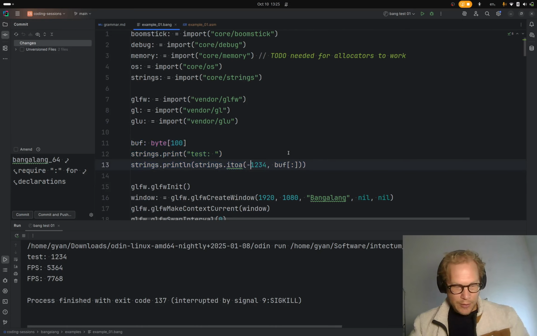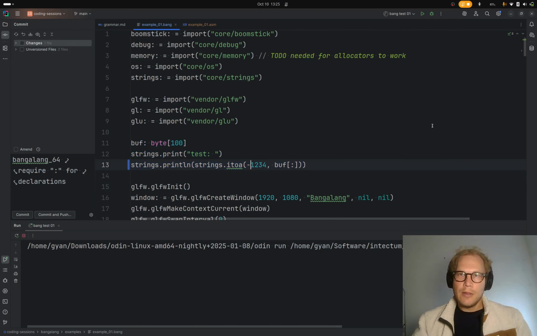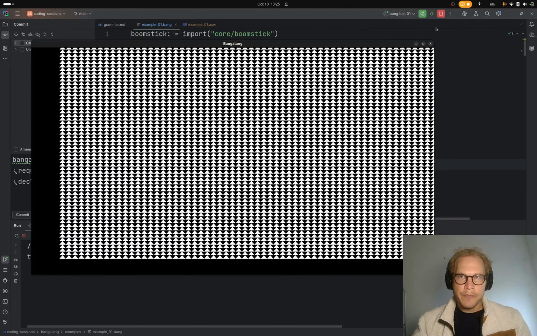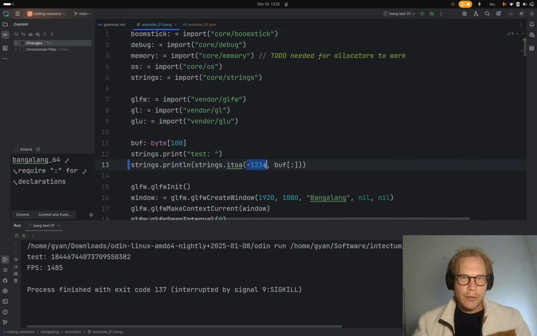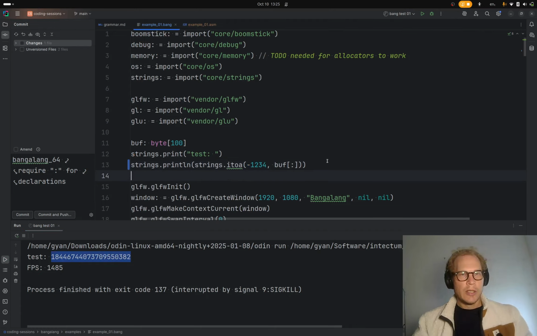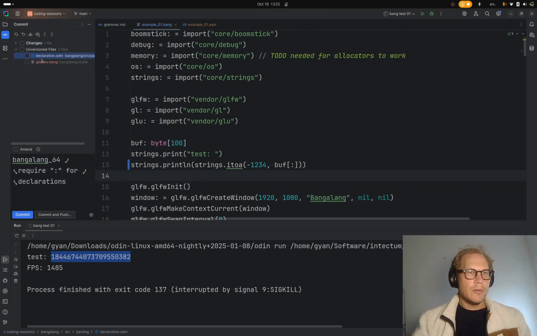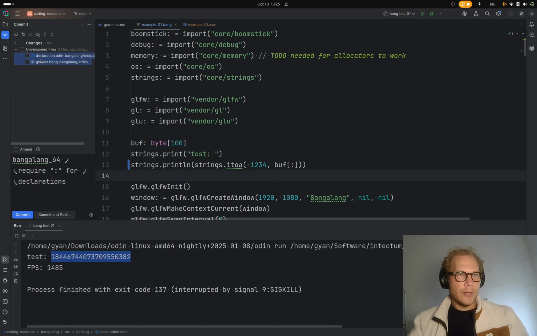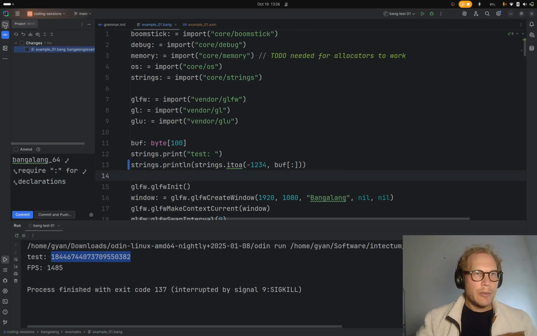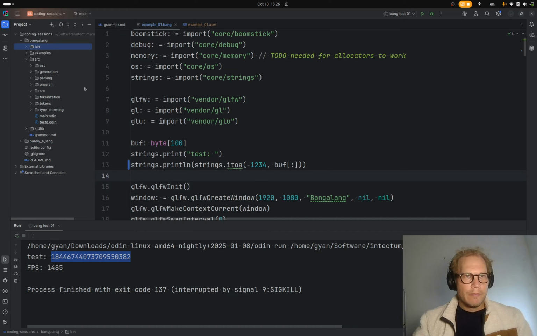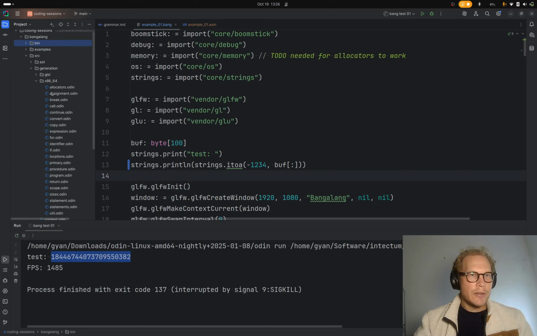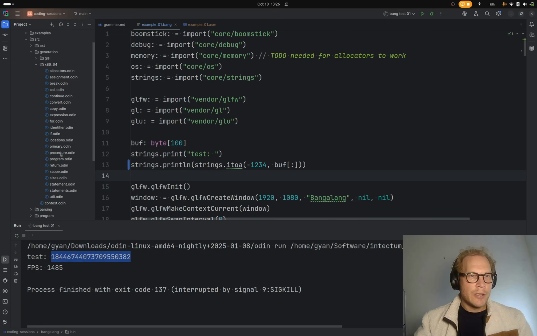At the end of the last session, I noticed that if I try to convert a negative number to a string, I get a big fat number. And I was like, why is that happening? And I did a bit of investigation, and I tracked it down. I think it was the generation of an expression